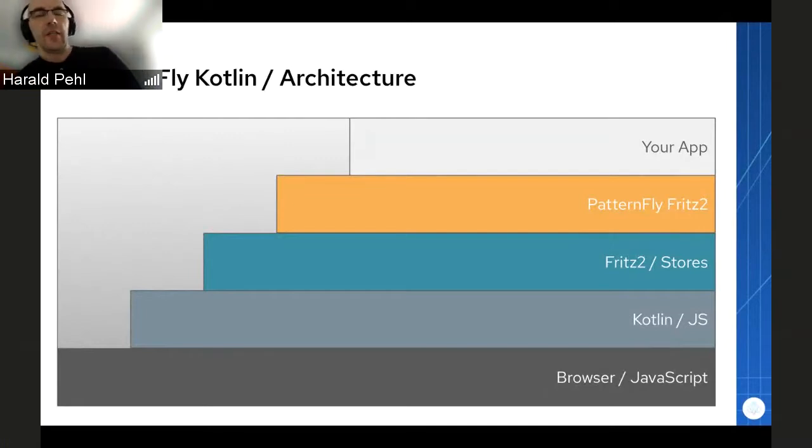And the architecture of PatternFly Kotlin, the project I'm working on, so that you get an idea how this all fits together, is that at the very bottom you have, of course, a browser which runs JavaScript. Then on top of that you have Kotlin, which is more or less a transpiler to transpile the Kotlin code you write into JavaScript.